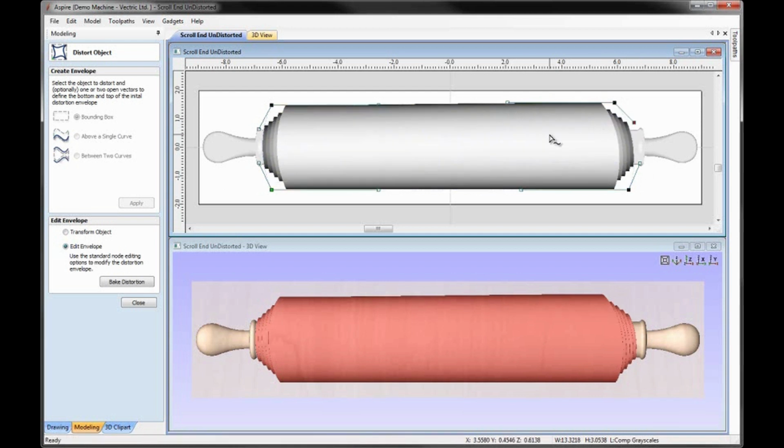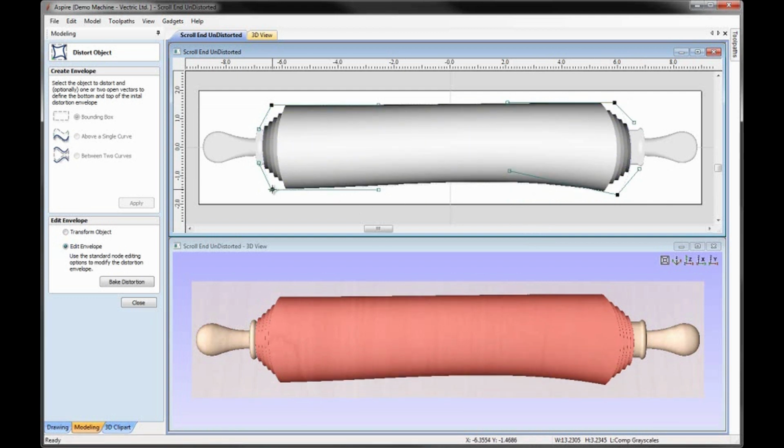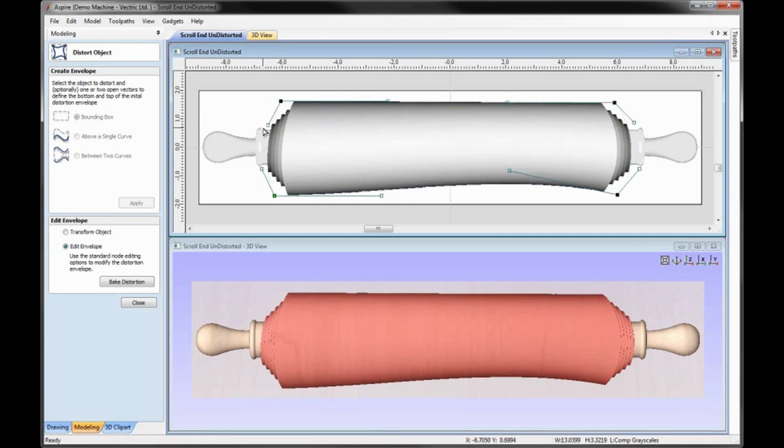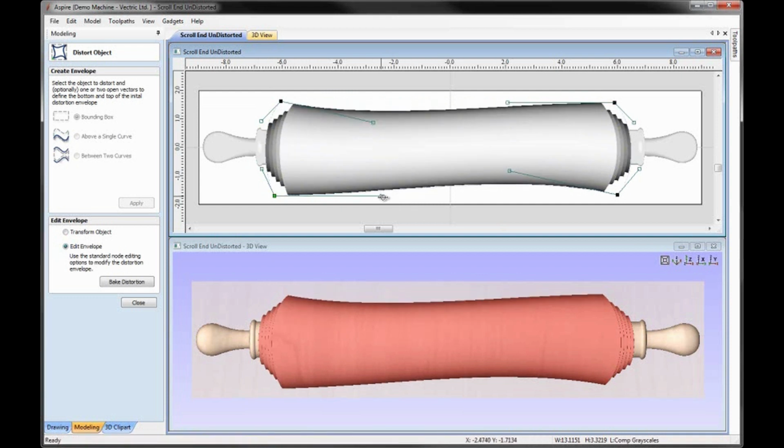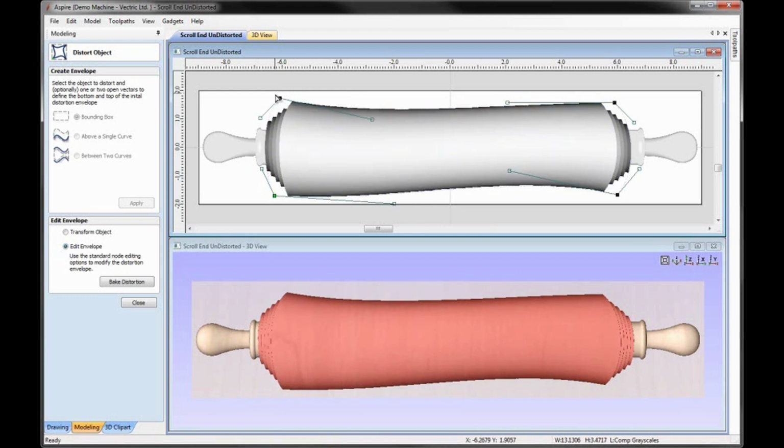Just grab that and re-stretch that. Grab this bottom one, move it down. Again, stretch out this part here. Move that up. Come over here and we'll drag this down, this one down and over. We can just keep tweaking each of these handles, making small adjustments to them till we're happy with the way